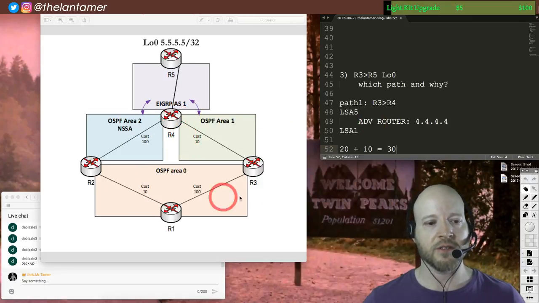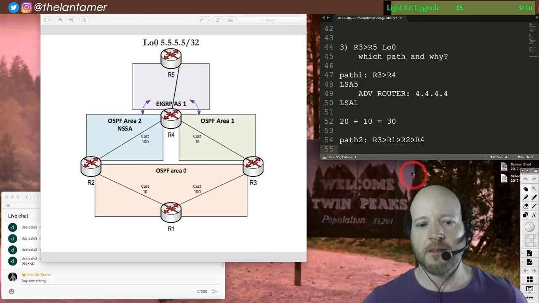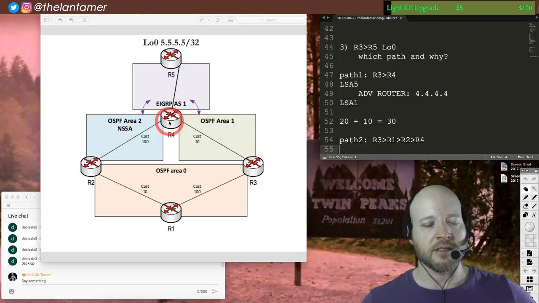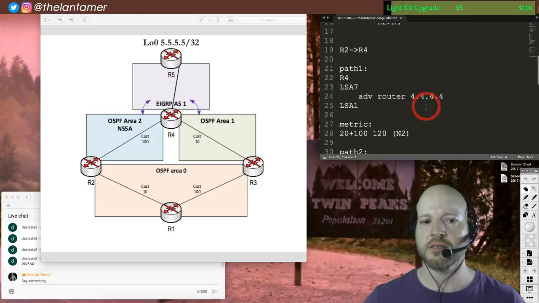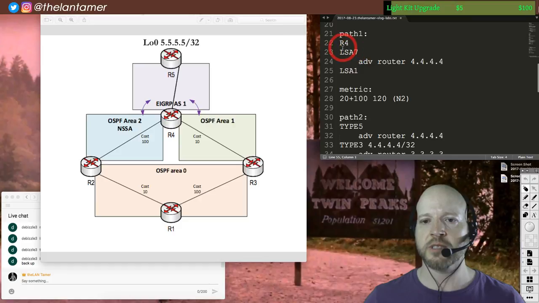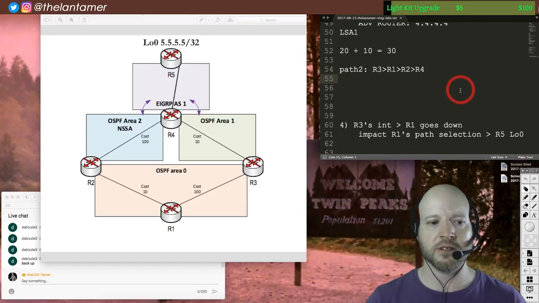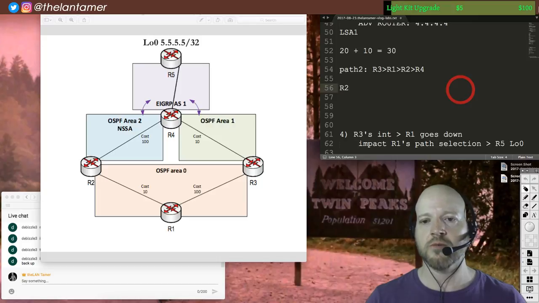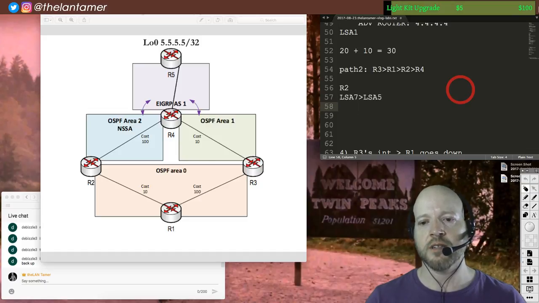Okay, now how's it going to look if we go this way? Path 2, router 3 to router 1 to router 2 to router 4. We already know that this is going to generate an LSA type 7, and then this will be converted to an LSA type 5 in area 0. I think we did that calculation already, didn't we? LSA type 7 advertising router. No, let's go through this. R2 will have an LSA type 7 that he will convert to an LSA type 5, and he essentially will become